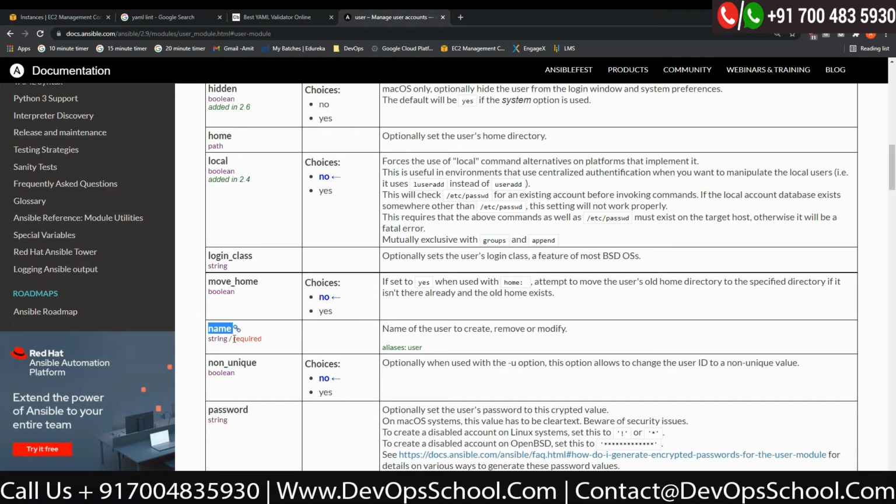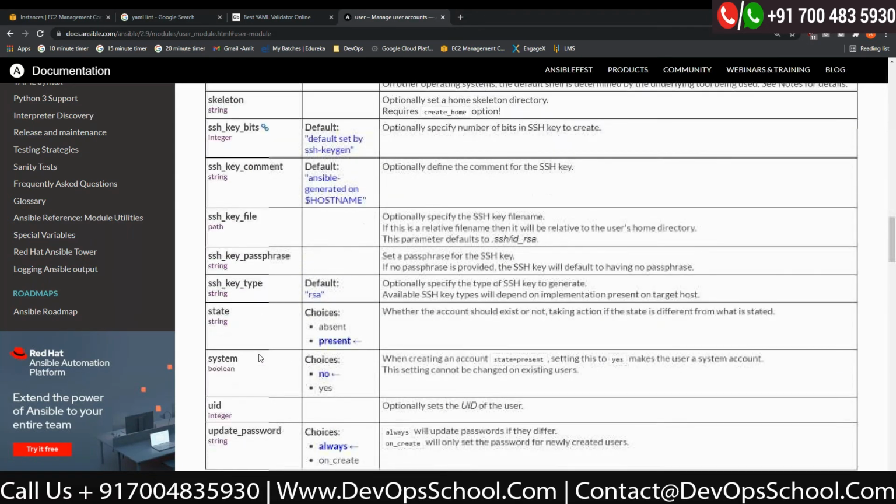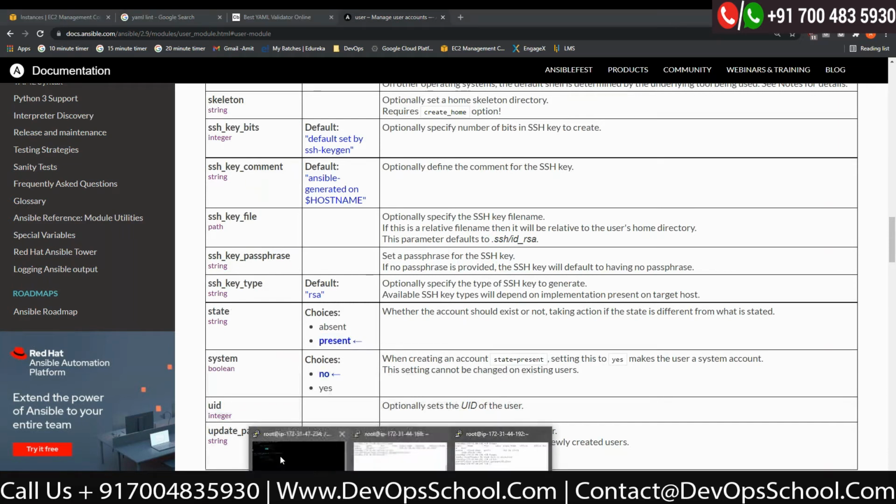name, right? So name is a mandatory attribute. So you have to specify this name attribute here. So that's why it is required. And then I also specified state, right? So there is also something called a state. Now state also has to be specified, but if you don't specify a state, either absent or present, the default is present. So in my